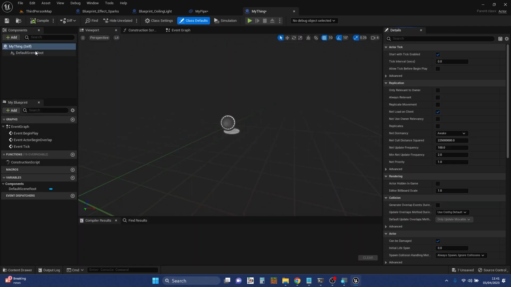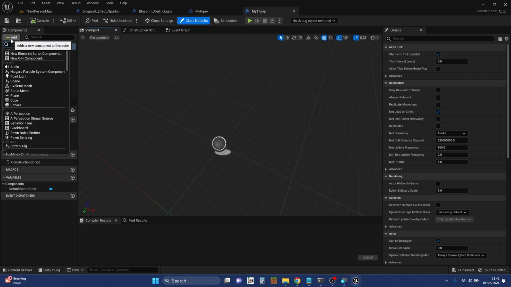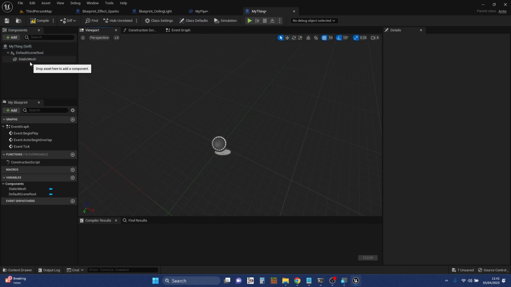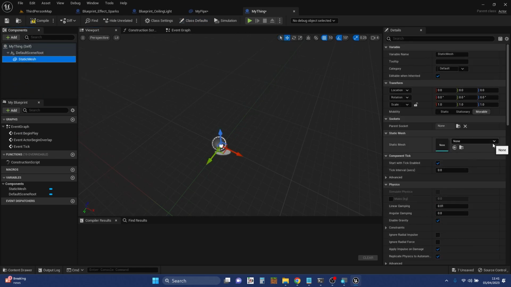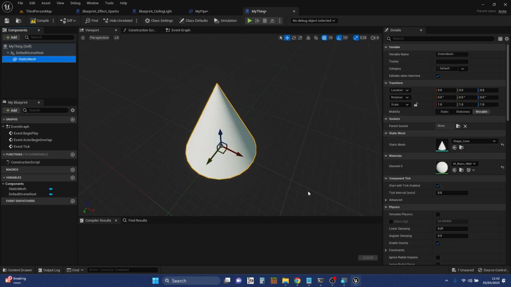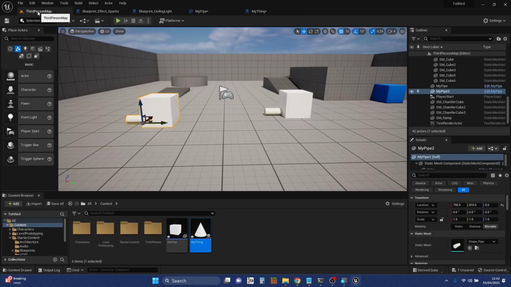It's got what's called a scene root in it, which is the location that it will be at. And I can add, again, components here. I can add a static mesh. But in this case, it doesn't know what the static mesh is, so I'd have to highlight that and choose a static mesh. There's loads around. So let's have a cone and compile that. And I'm not going to show you anything extra or clever. I'm going to go back to the third person map and put that in there